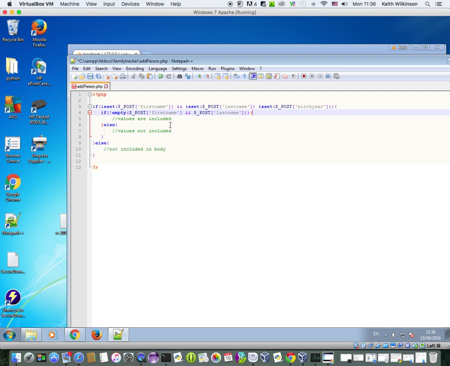What I'm going to do before I put the code in here is work on the else parts. What happens if they're not included? Because I'm going to report back to the user in JSON that we didn't do the work. So first of all, if the values are not set, if they're not included in the body, now I need to check which ones they are, so I can report back to the user, oh, you didn't send the first name, or you didn't send the last name, or you didn't set the birth year. So I'm going to make that attempt. So in here, if